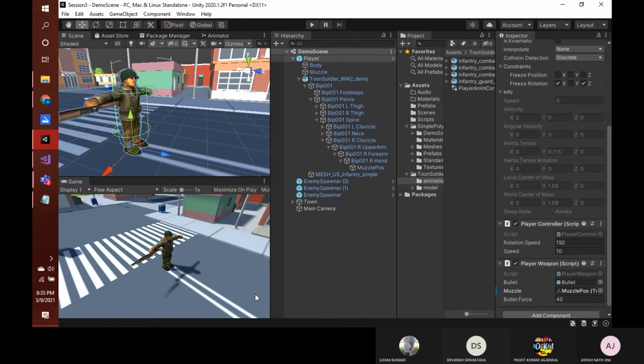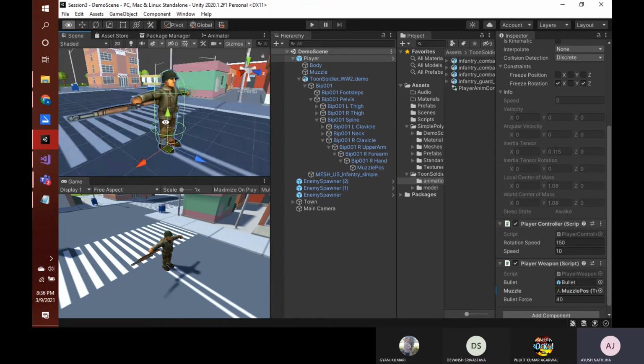Yes, sir. This is how basically parenting works. This was just to show you how complex the hierarchy is. But if you can see, this is also the benefit of naming properly. Since the proper naming convention has been followed, we understood which is the right hand and which is the left hand. Otherwise it would have been a terrible nightmare to find out which is the left hand or right hand, and how you could maneuver through the hierarchy. So this is how we did it.